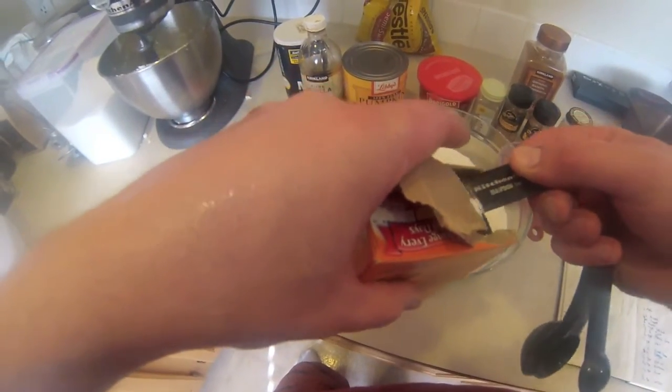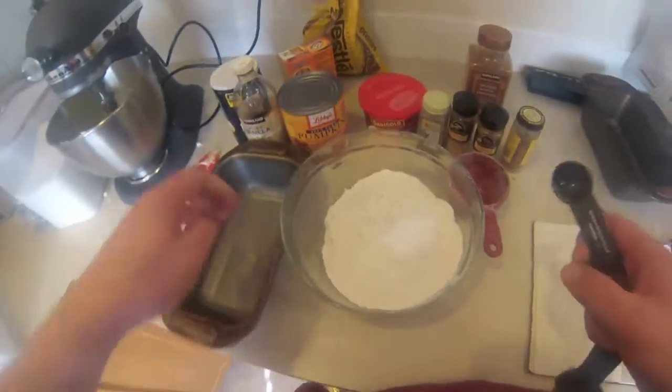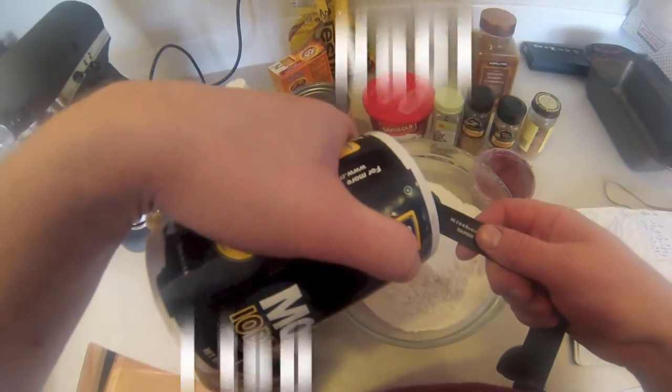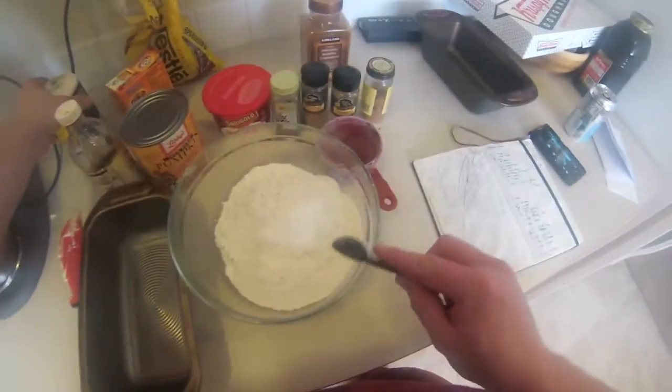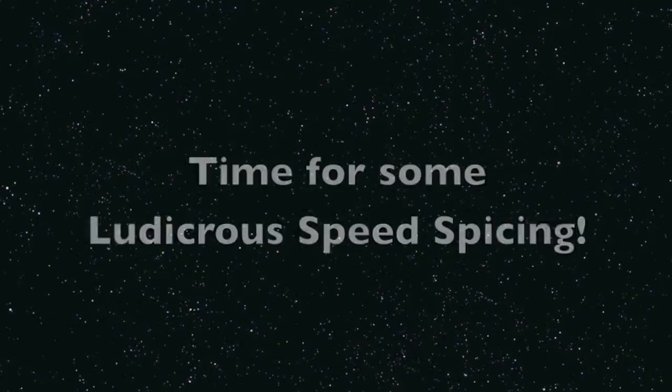So in our separate container, separately, we are measuring out our dry ingredients separate for good measure. Ha ha ha, you like that pun. So our salt and our baking soda, and then it's time for